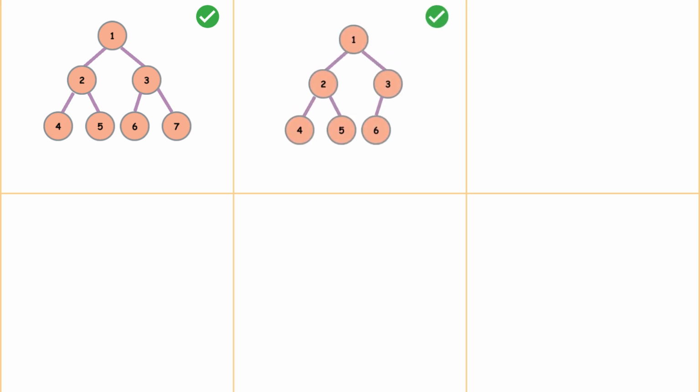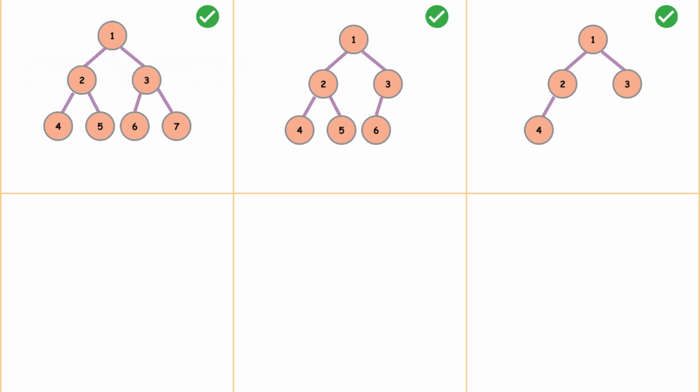Here is another complete binary tree with 6 nodes. Notice the last level is filled from left to right. Even though node 3 doesn't have a right child, it is still valid. This one has just 4 nodes. The second level is full and the third level starts filling from the left, exactly how a complete binary tree